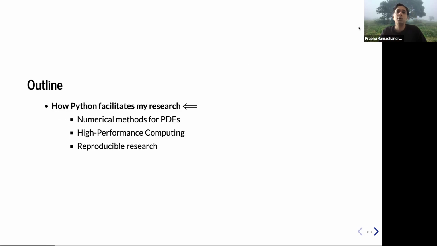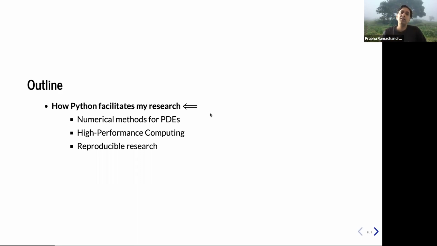All right. So let's move on to what I want to communicate. The first is how Python facilitates my research, and in this, I'm basically going to break it up into three aspects. The first is that my primary work is centered around numerical methods for partial differential equations. PDEs is short for partial differential equations. I'm not going to get into any of the mathematics here. I'm going to mostly focus on the scientific computing angles, so it's more of pictures and things like that. I'm not going to get into the gory math at this point.